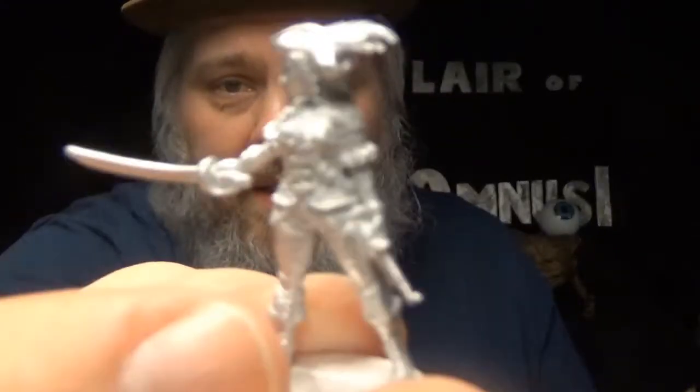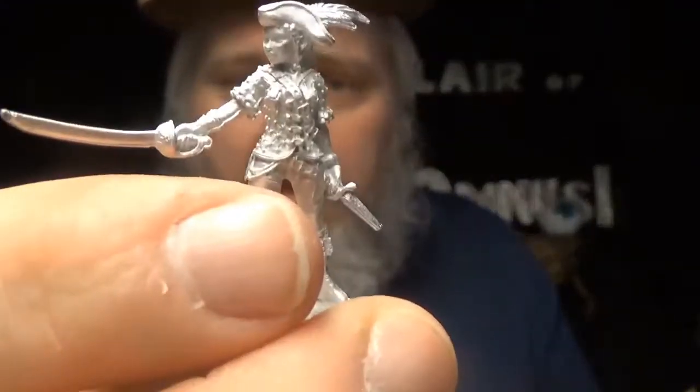And then the gal. Possibly a pirate, but maybe just a swashbuckler. With a plumed hat. Cutlass, dirk. Maybe she's the captain of her ship. Who knows? Alright. Then we have...